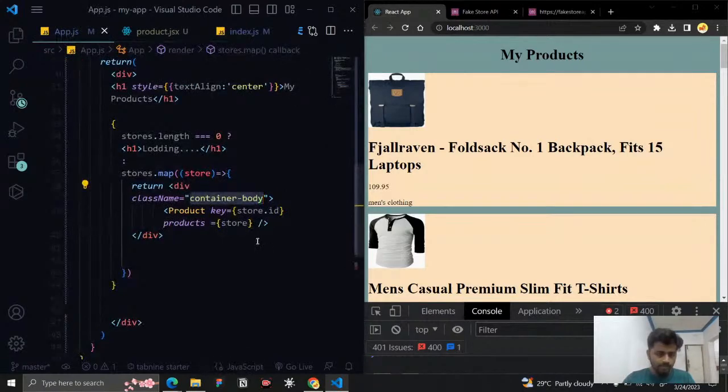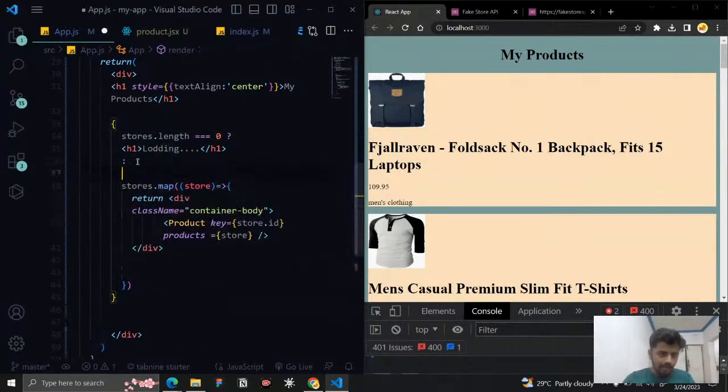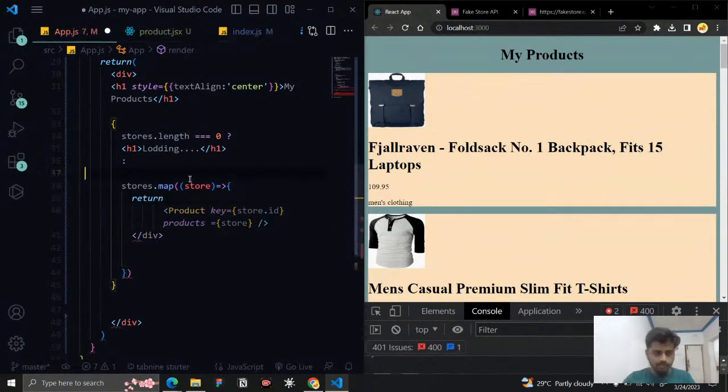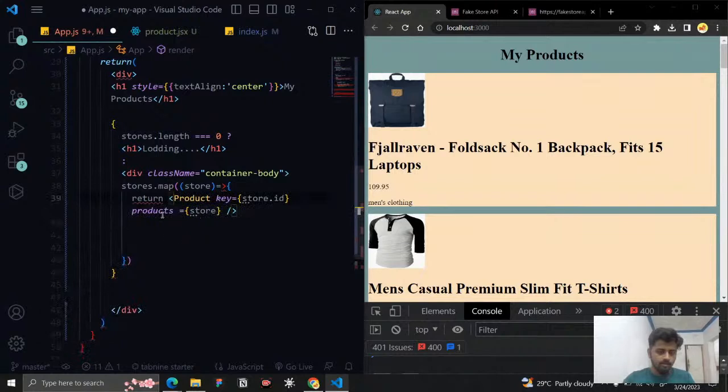Instead of adding this container div here, we will add it after this one. Cut it down, add this one here. After you complete this return keyword,